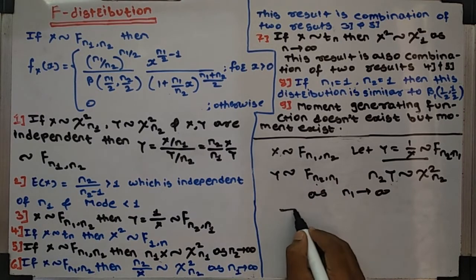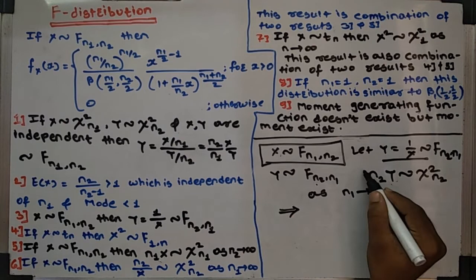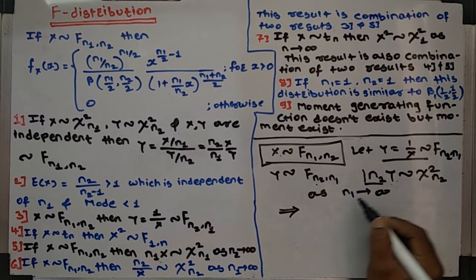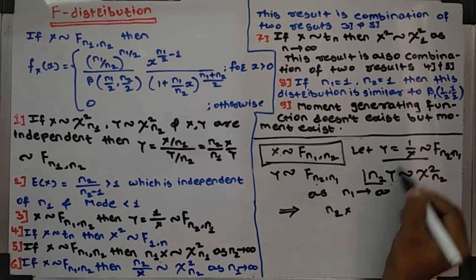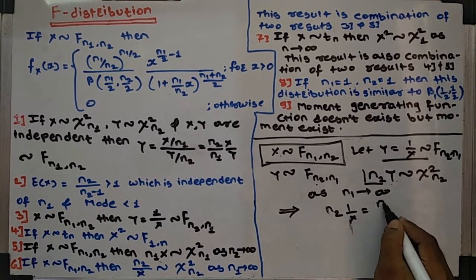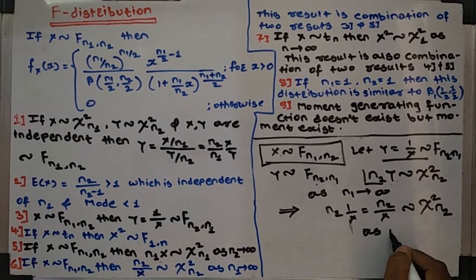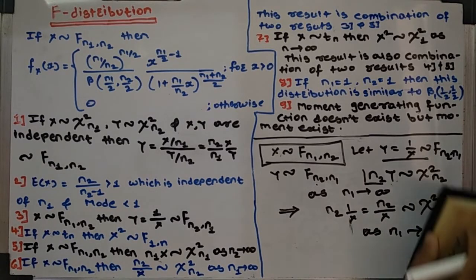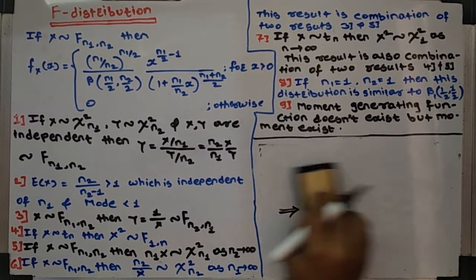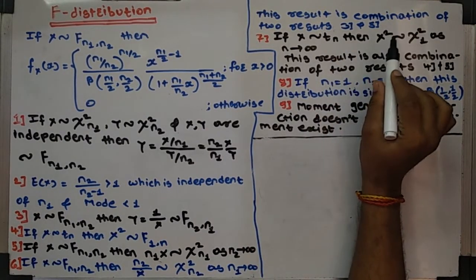This implies that here x follows F with n1, n2, then n2 times y, that is n2 times 1 upon x, that is n2 upon x, follows chi-square distribution with n2 degrees of freedom as n1 tends to infinity. This is the sixth result. So the seventh result is, if x follows t distribution with n degrees of freedom, then x